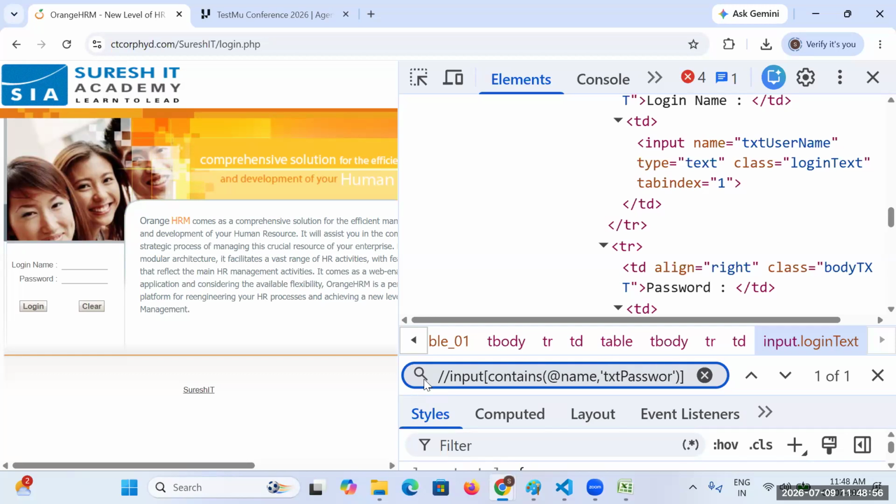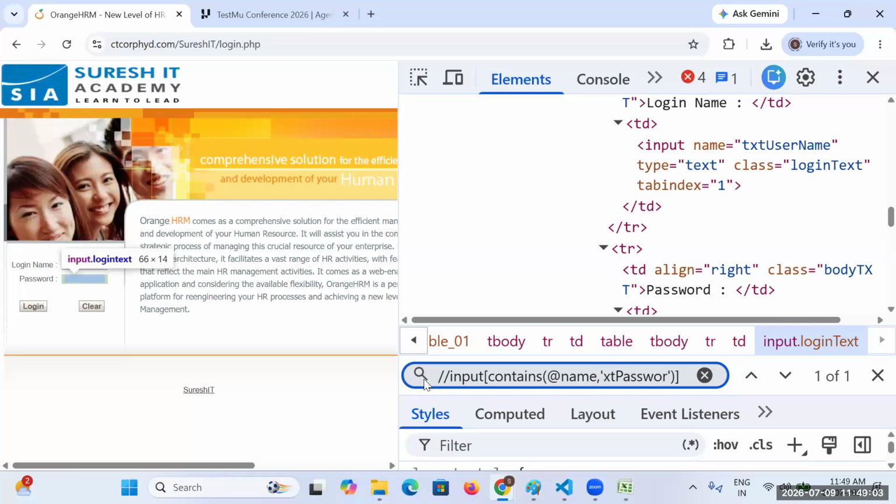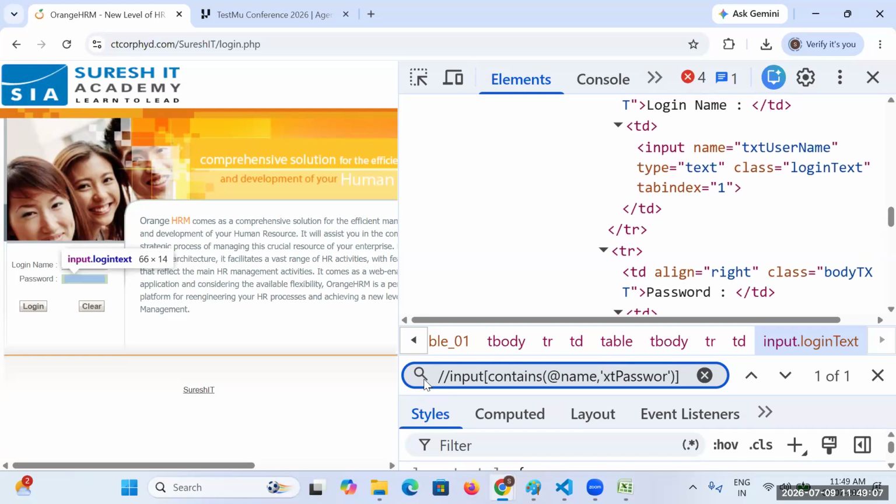In the same way, let me try removing in the starting. First I removed at the ending. Now I'm removing in the starting. I just remove the T and then click on enter. Still it is highlighting. I removed in the starting, I removed in the ending, it is highlighting. Because understand the technique. The name of the technique itself